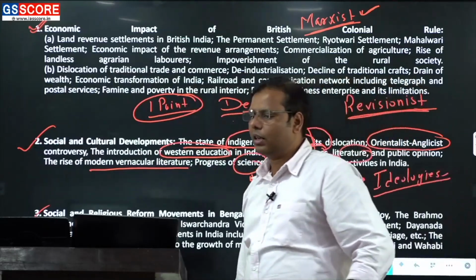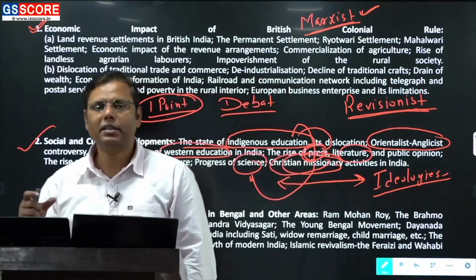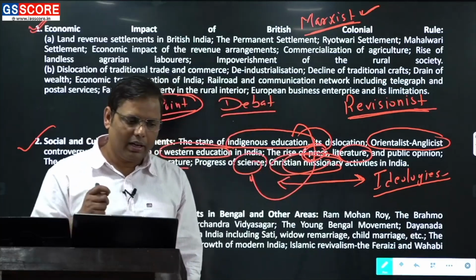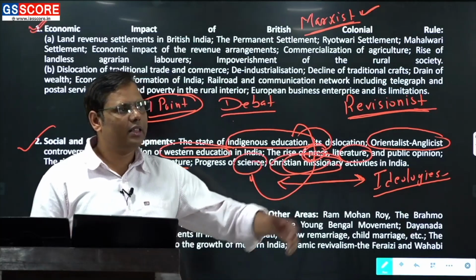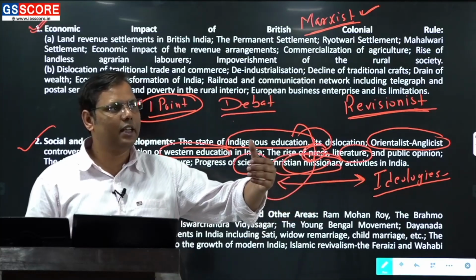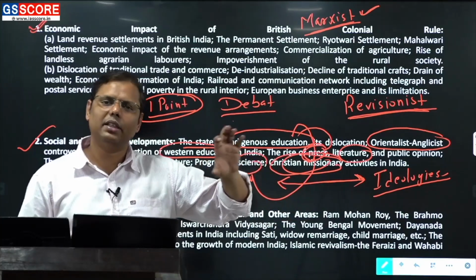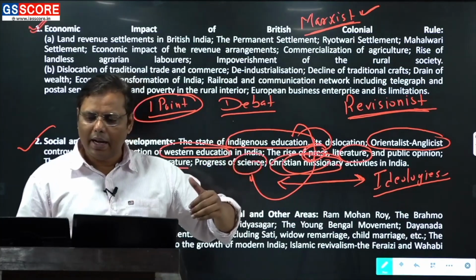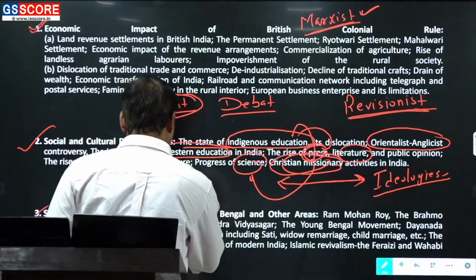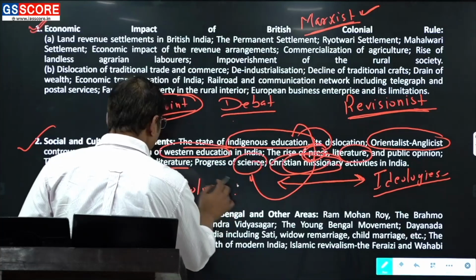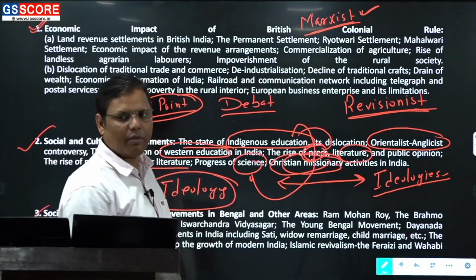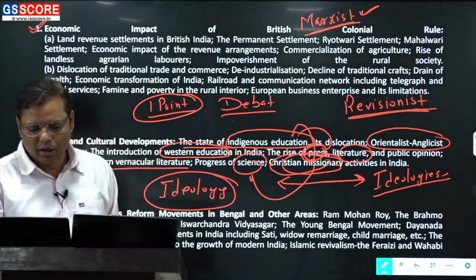Earlier, what kind of questions were coming? Earlier, the questions were pretty simple in nature. Either they simply asked about the nature of the social reform movement, or they asked a question on precisely a single reformer: this reformer discussed something about this. But right now, they have made the questions more ideology based. Matlab, they have connected the social reform movement with multiple things which were going on.